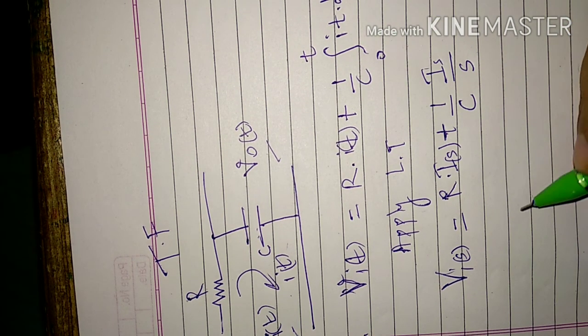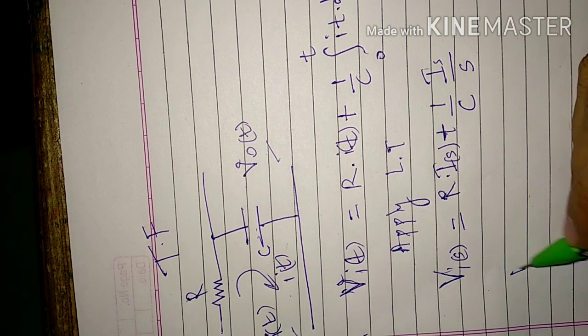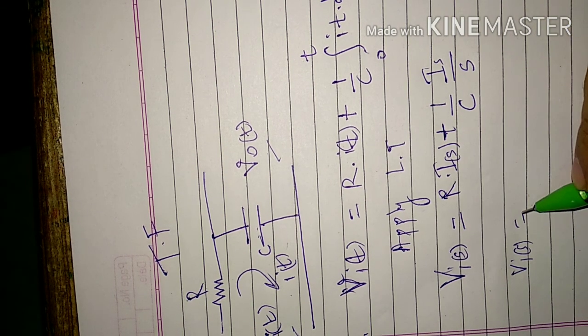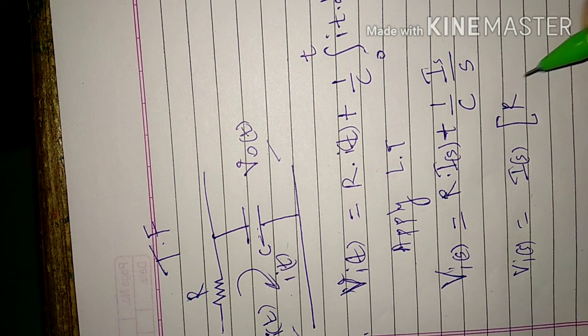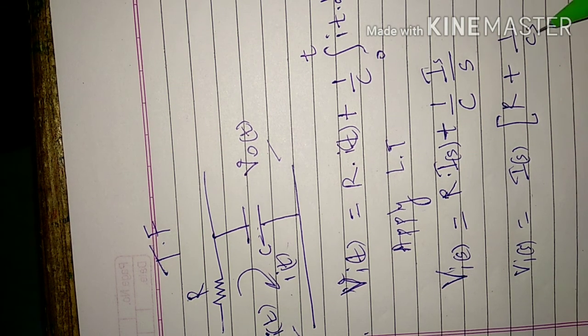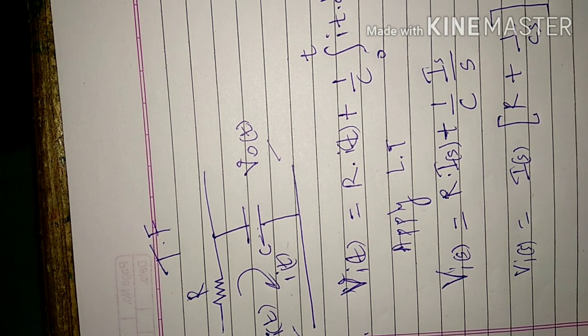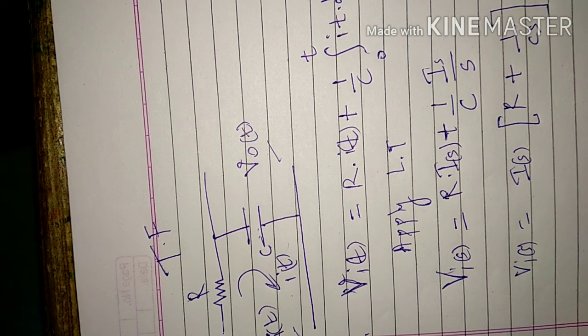Okay. Then here V_i(s) equals I(s) common bracket, R plus 1 by CS. Okay, this is V_i(s). Now